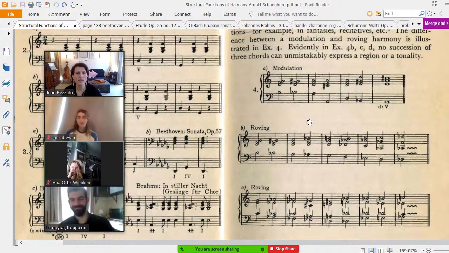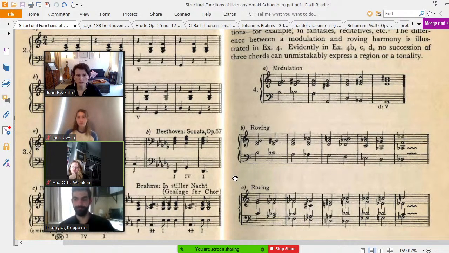You have a clear progression, of course, with a definite goal. The goal is to go from this point to this point, from C to D. It lands on the dominant of D minor, through leading voices and the progression you have. Then basically the use of augmented sixths, which is very powerful, by the way. It lands on the dominant.